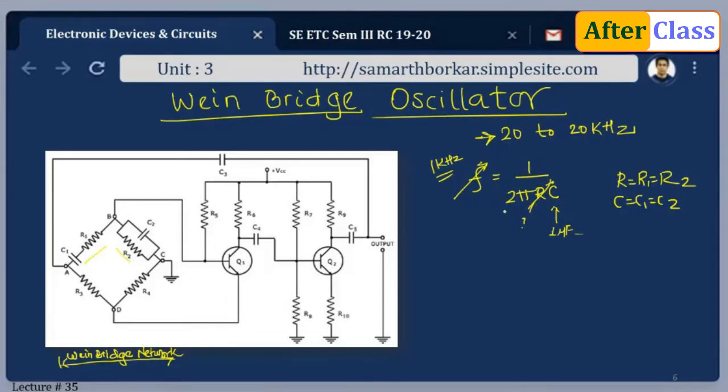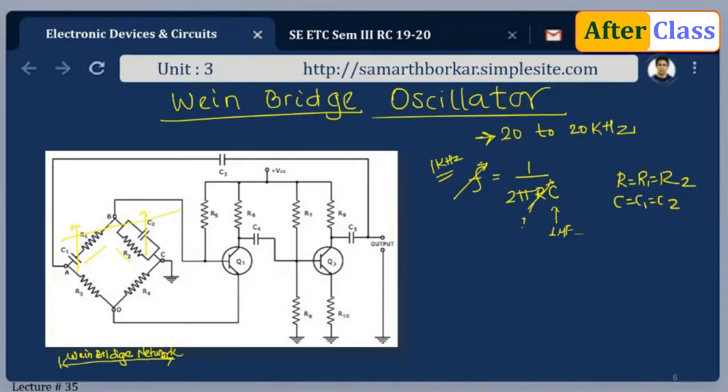This is one reason. Secondly, variable resistors are very much cheaper as compared to variable capacitors. But having said that, many a time we have these two capacitors connected together. There's a slider mechanism, so I just have to change the slider, and the values of C1 and C2 will change accordingly. That is what is called a gang capacitor.